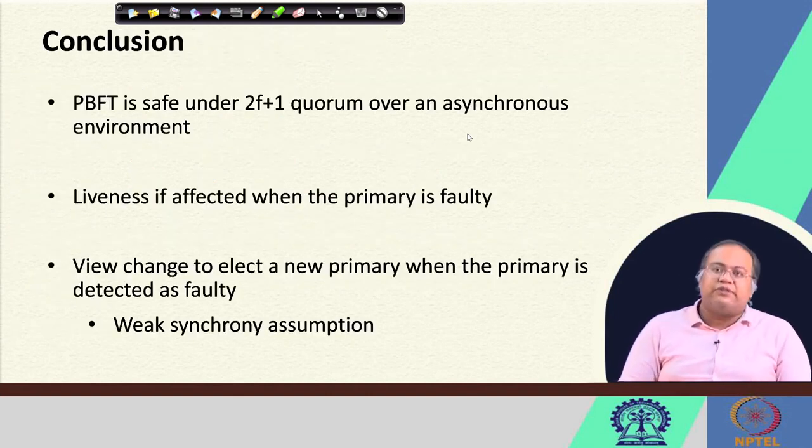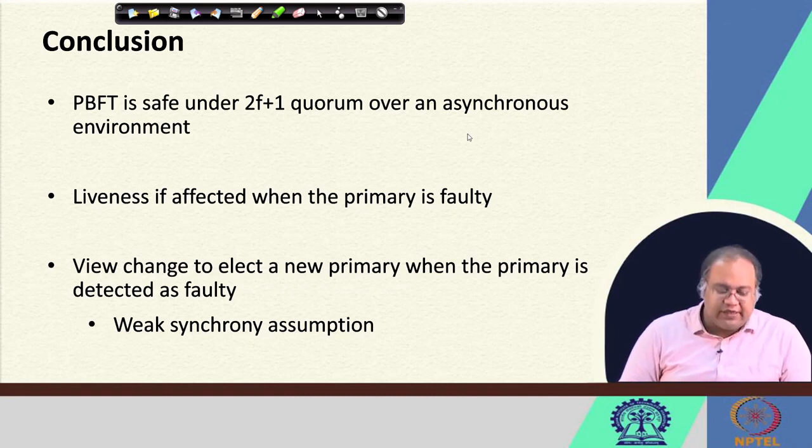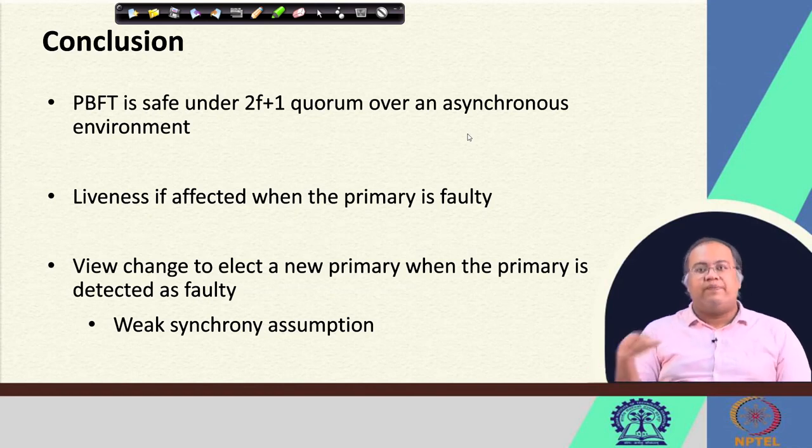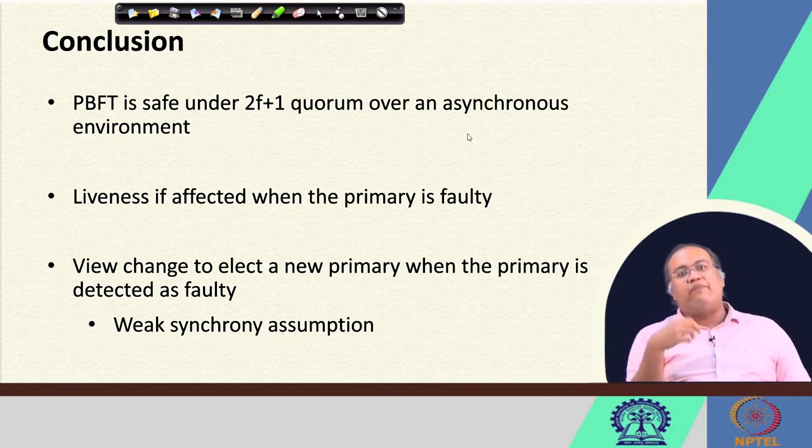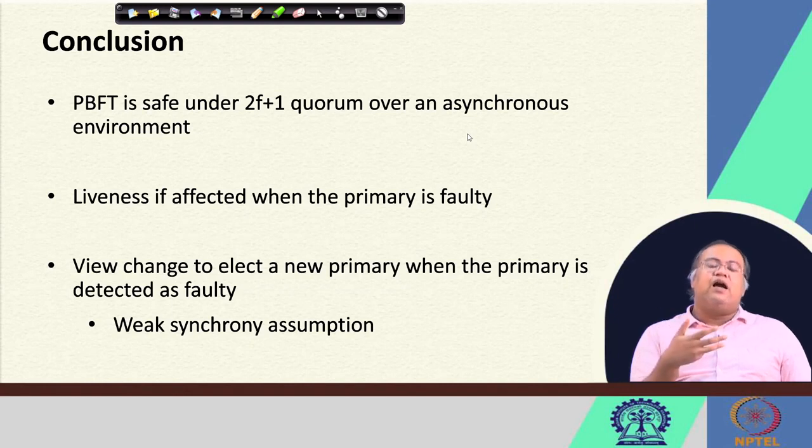In conclusion, what we have seen in this lecture is that PBFT is safe under a 2f plus 1 quorum over an asynchronous environment, but liveness is affected when the primary is faulty, and we cannot ensure liveness in a purely asynchronous environment. So, PBFT runs a view change algorithm to elect a new primary when the primary is detected as faulty. This view change protocol works on a weak synchrony assumption. This gives an overall view of the Byzantine fault tolerant algorithm and how it is used in